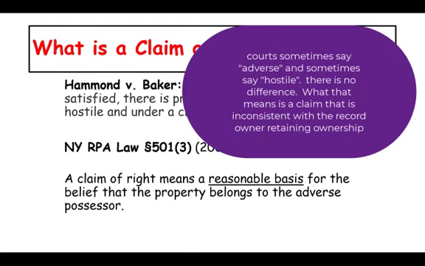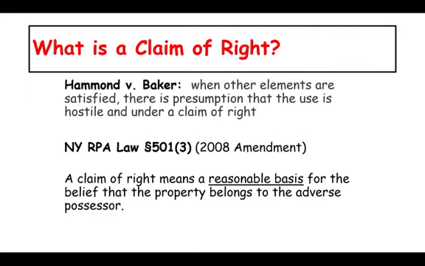So if there was an entry that was a trespass and the land is being used in an open and notorious fashion as an owner would. If that happens, then courts typically presume that the use is hostile. Now, in 2008, the New York legislature amended the adverse possession law to make that claim of right have a little bit more teeth. After 2008, a claim of right means that there has to be a reasonable basis for believing that you are